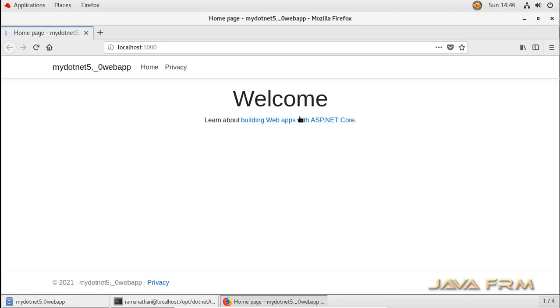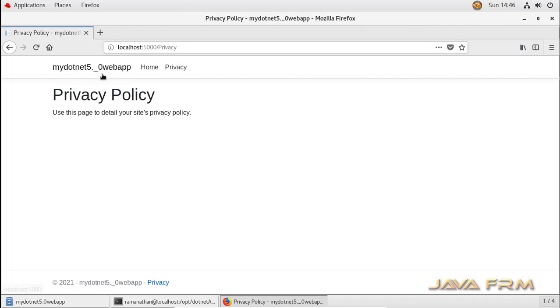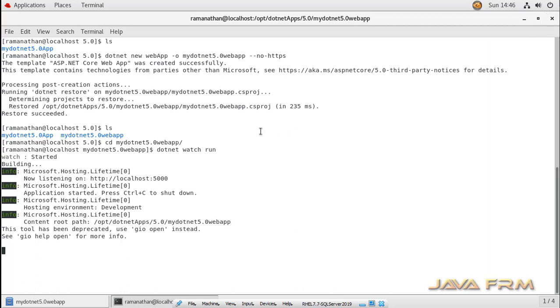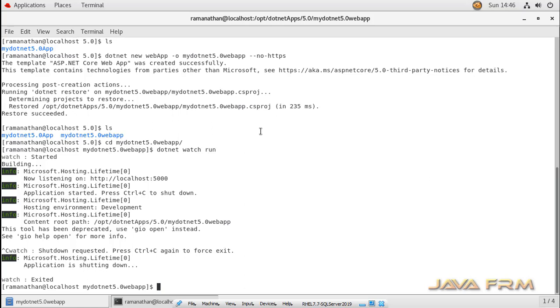Yes, this is the ASP.NET 5.0 web application. You can modify the web page, themes, CSS, HTML, JavaScript, C# logic, etc., depending upon your knowledge of C# and requirements. Just press Ctrl+C to quit the program.